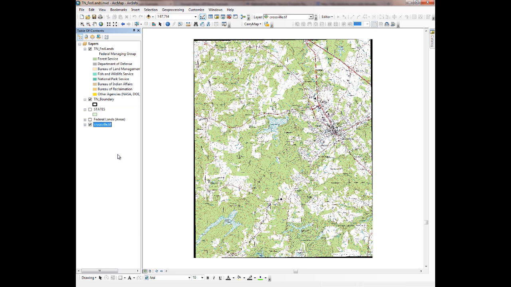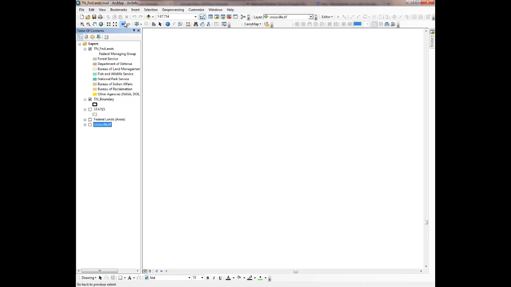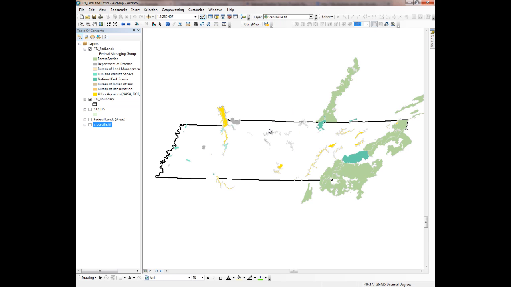But for fun, I wanted to see how it would look. I used a topo map, just a basic DRG file that I got from the Tennessee Spatial Data Server, and I pulled that in just to test it and see what would happen. Now, I'm going to turn that off for now, because I first want to focus on this federal lands layer. So what I did to export that, if you don't know how, is you can turn on your toolbox